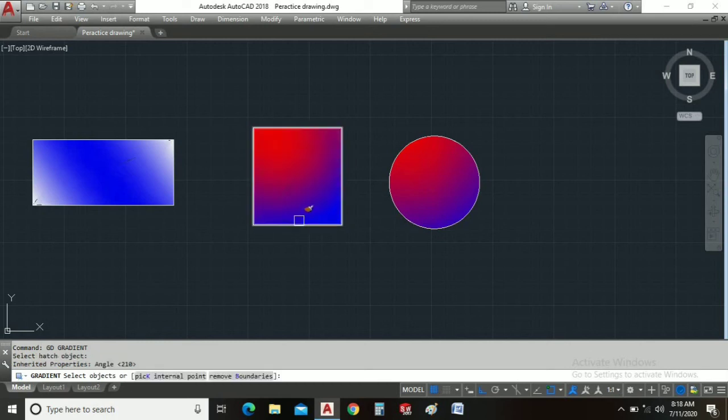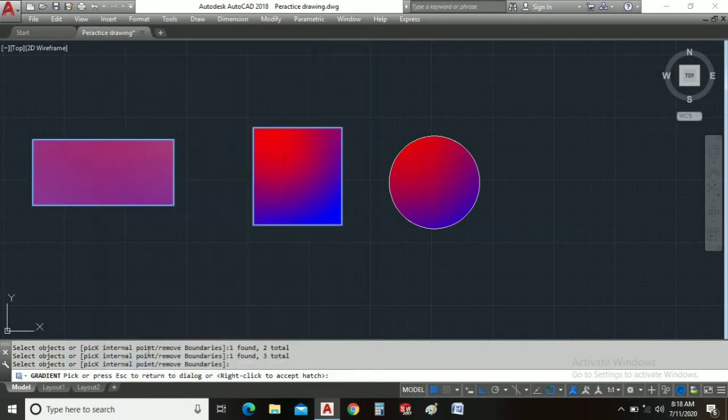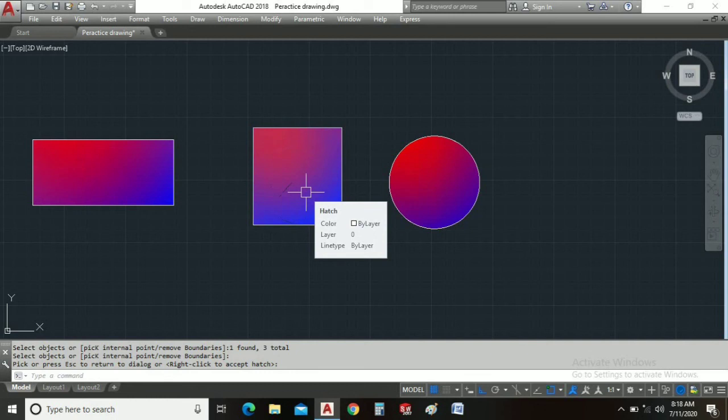Just click on this. I click on this firstly, and then secondly I click on this. Now we can see this gradient has also been converted something like this. Guys, right click to accept the hatch. Just right click here, and now our gradient is accepted.